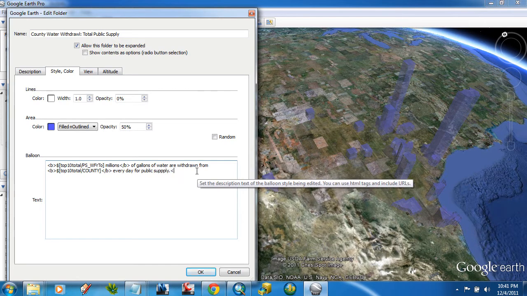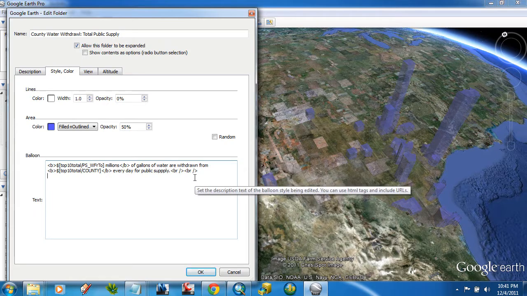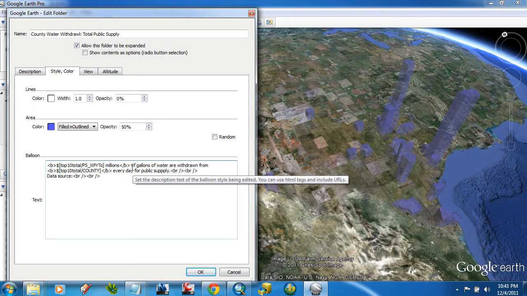Another useful one is called BR. It's either bring right or break, I forget, but BR /. Now this one does not need an opening and a closing. It just needs that one thing. So that essentially says make a new line. So I like to make a couple copies. Now I'll probably add one more, and this time I will say data source: let's add those line breaks, and we'll say